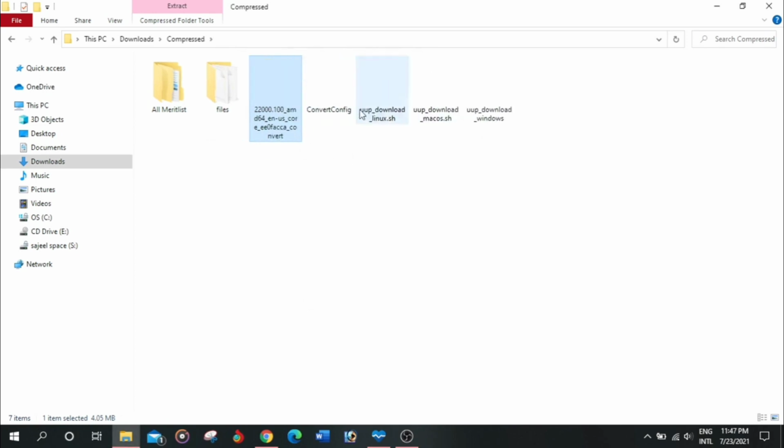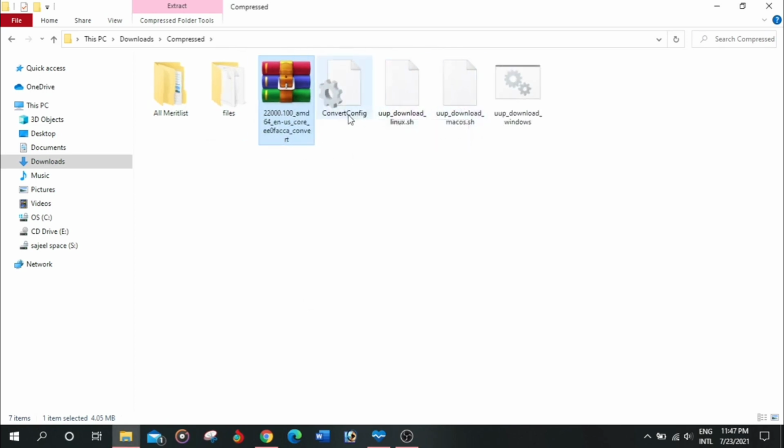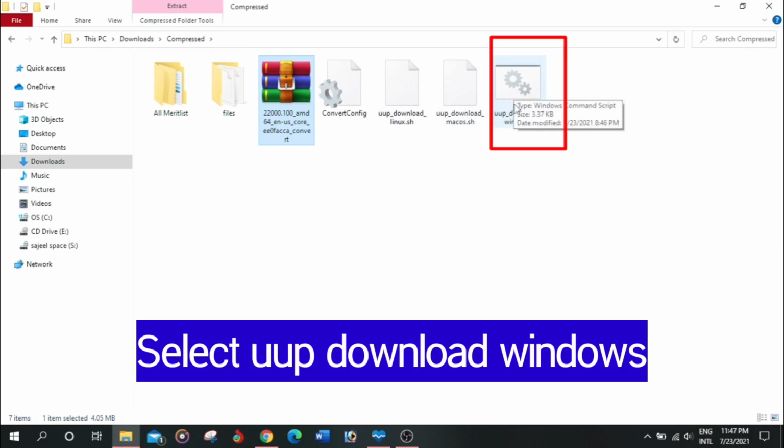After that you will be seeing these files. Number one is convert configure, just ignore this. Next one is UUP download Linux. It is for the Linux operating system. Next one is for Mac, and this one is for Windows.